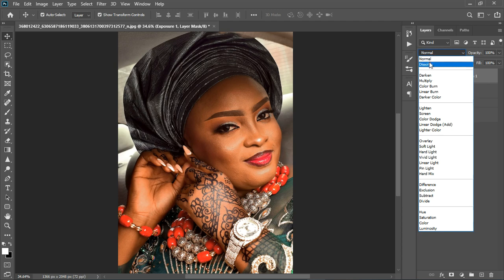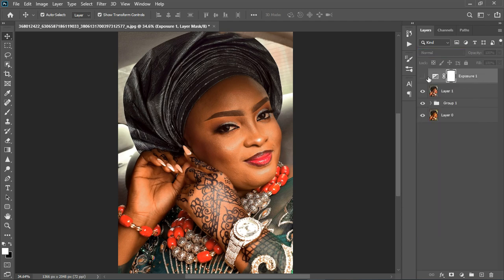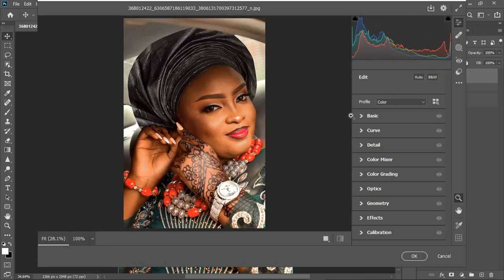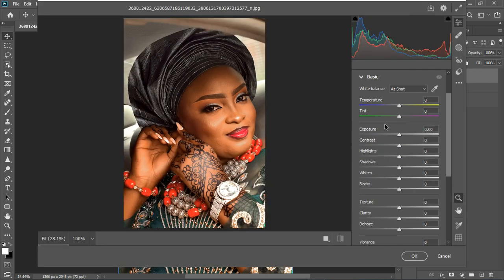All right, now let's combine the two together. So this is before and then this is after. I'm just gonna combine it together, merge image, and go to Filter, Camera Raw Filter. So here in Camera Raw Filter, let's start with the basic tab. I'm gonna start with the white balance, select the highs,